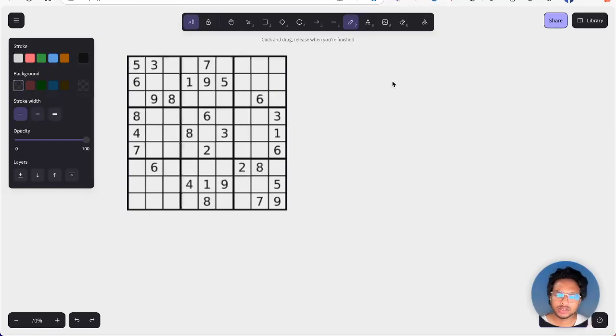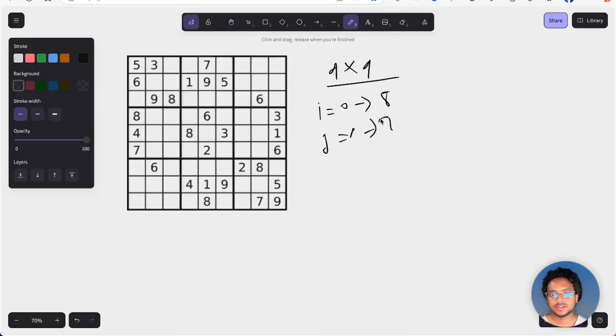It's pretty simple. You'll run a loop, since it is a 9 by 9 Sudoku box, so it will be 9 by 9, right? So this will be the size of our matrix or Sudoku. You can run loop i from 0 till 8 and j from 0 till 8. Okay,